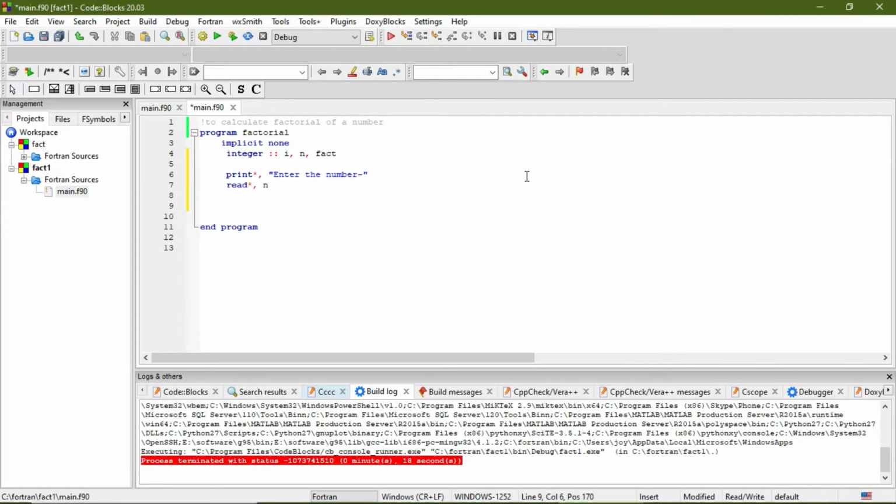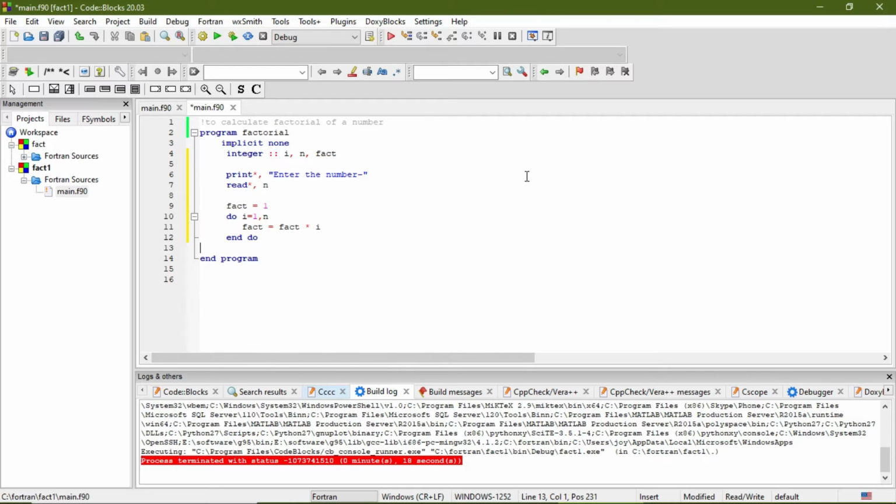Now we have to construct the loop, this do loop. I must run from 1 to n, then just write fact is equal to fact times I. But we need to define the initial value of fact, so just define fact equals 1.